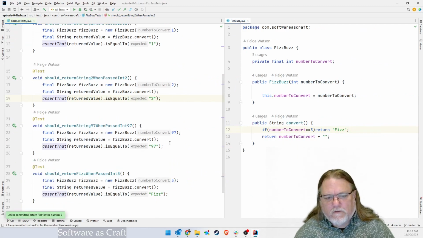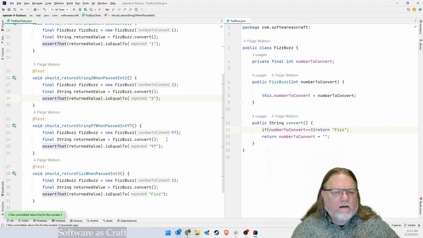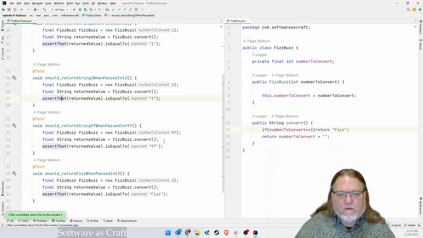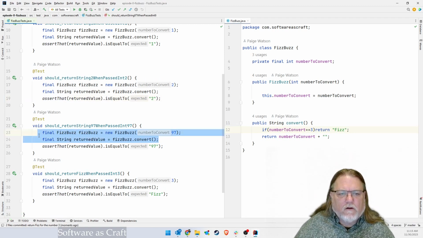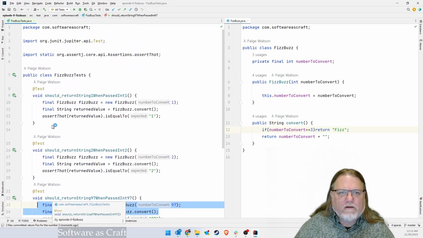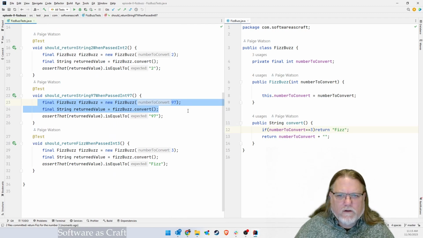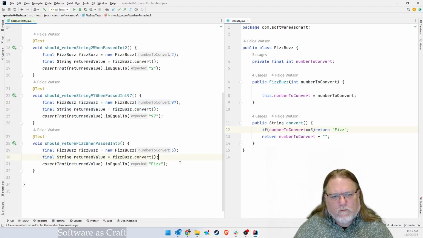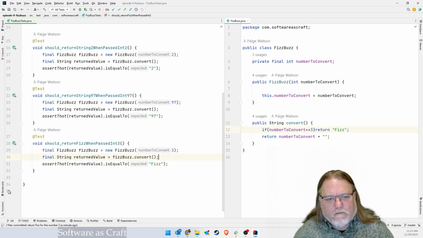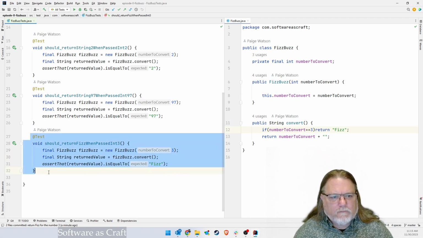All right. Is there a refactoring we can do? Maybe. I think there is refactoring. Look at this. This happens all over in the code, right? It's in every one of these. Do I want to tackle that right now? Probably not the focus of what I want to do. So we're not gonna worry about refactoring our tests, although I think that's important. You should be refactoring your tests just as much as you're refactoring your regular production code. But for now, I don't see any refactorings that I want to do. So let's